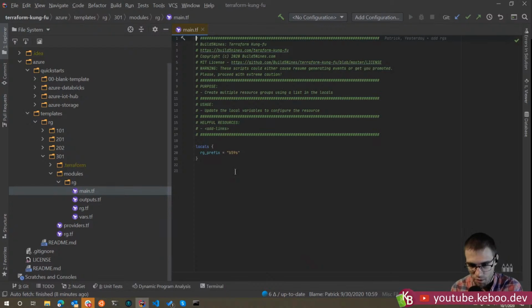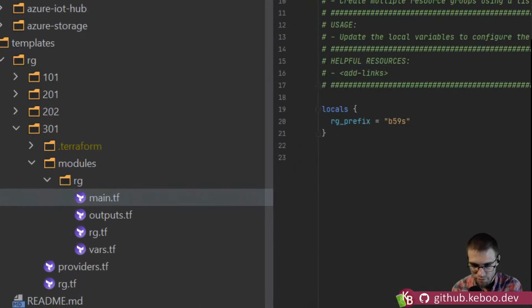So this 301 example now shows switching over from just using straight count to, okay, let's do a module reference instead. So that was a lot of words. No, but that's okay. So inside the folder where the module is, like we created a modules folder, right? That's what we did.